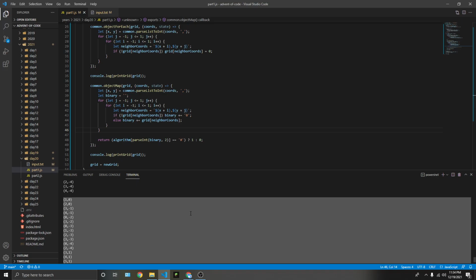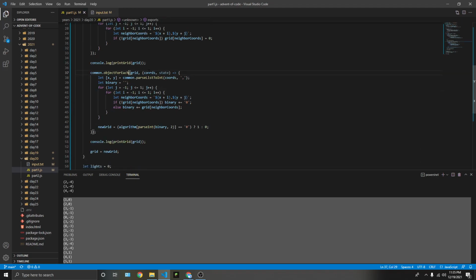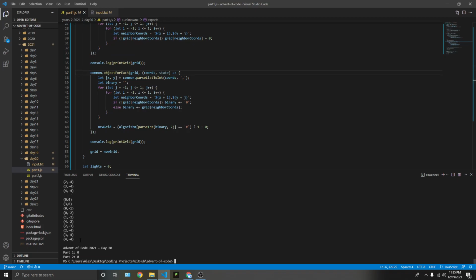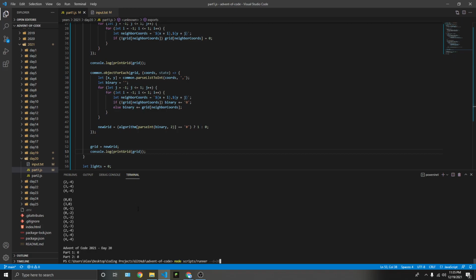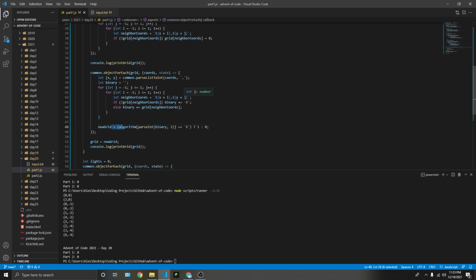Oh wait, this is wrong. This is supposed to be new grid. New grid of is equal to that. It's supposed to be a 4 each. Oh, it's all gone. Alright, well, new grid of chords